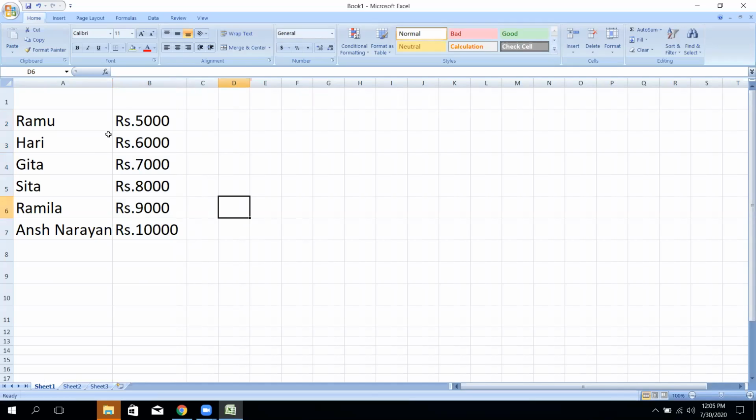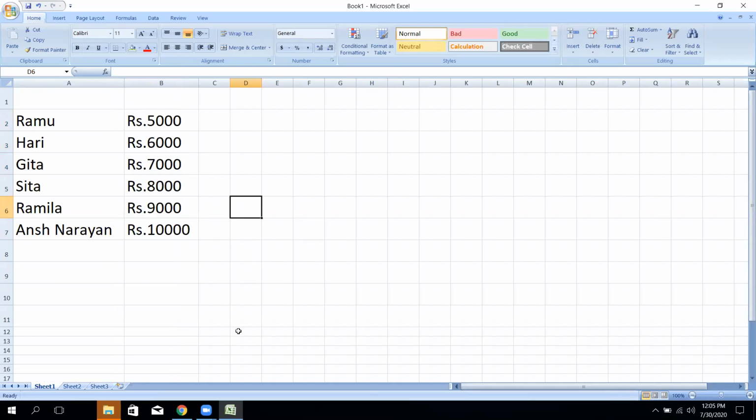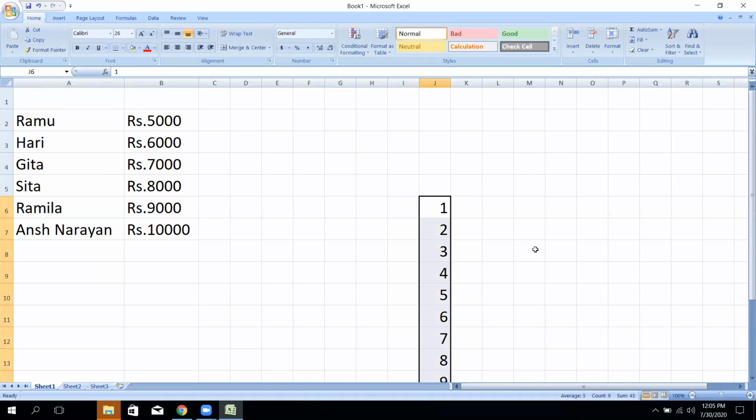Why will the amounts be changed here? Because there are certain rules. I'm going to tell you. If you write one here and move by clicking, it will copy only one. If you write 1, 2, 3, then after selecting all three, if you move downward, the computer will automatically repeat the same numbers. It's a rule of Excel.